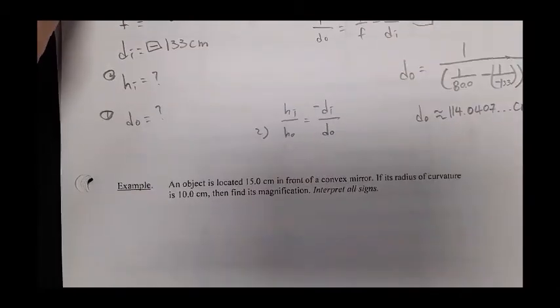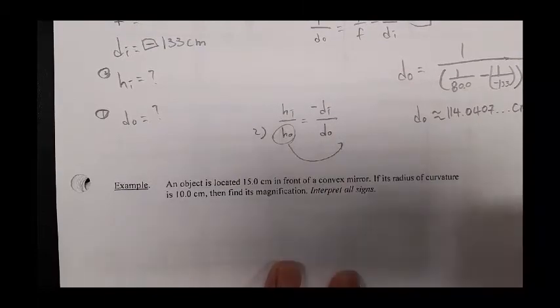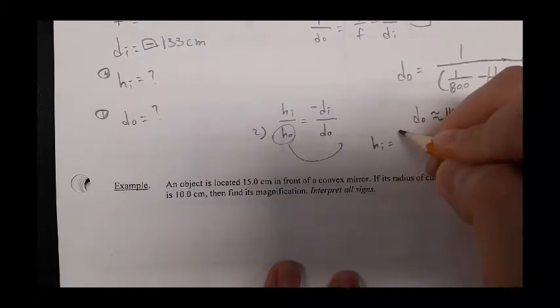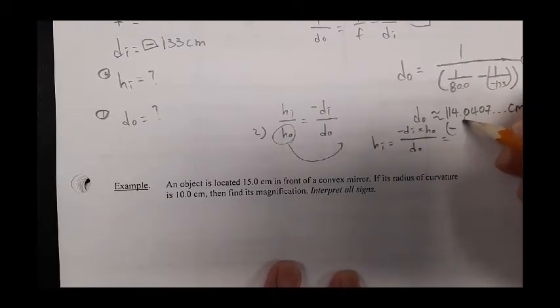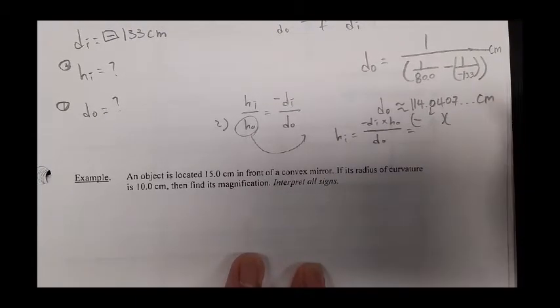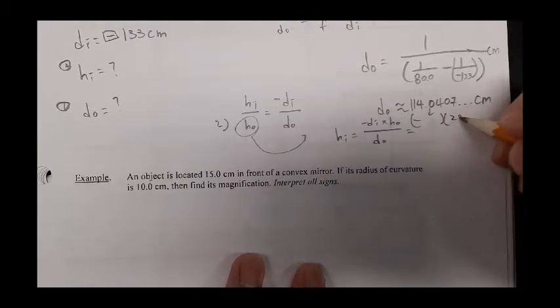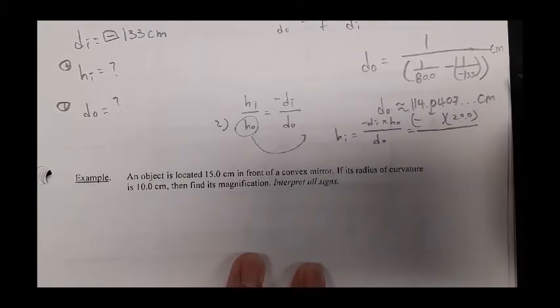With the negative sign, we can simply bring this to the other side by multiplying. So, long story short, HI is equal to negative DI times HO over DO. I'm going to put this value with the negative, don't forget, and HO, which is 20.0 centimeter, divided by DO, which is,